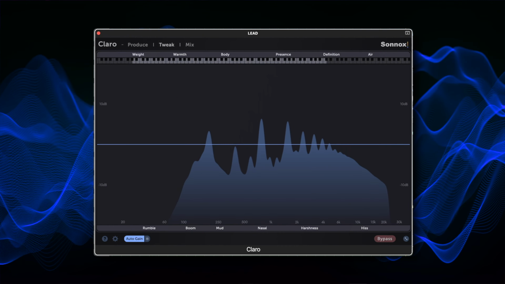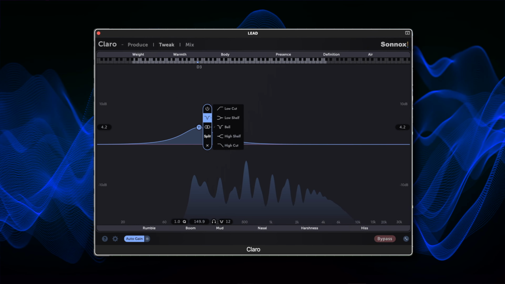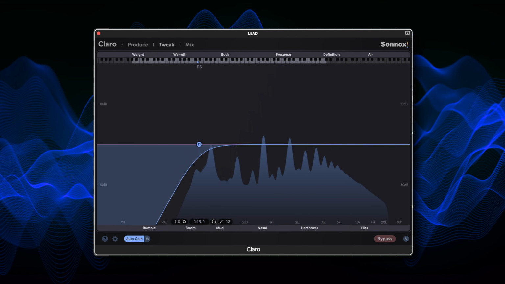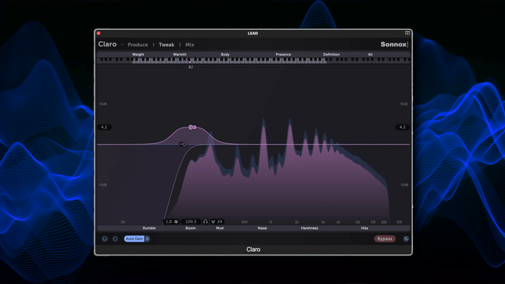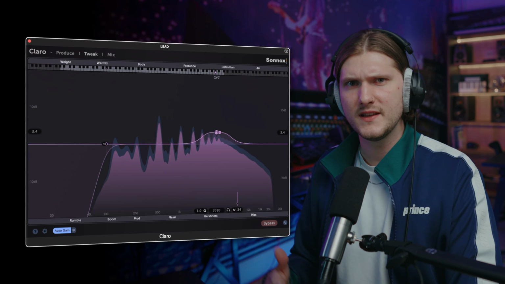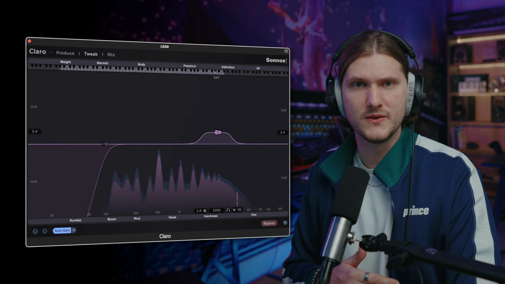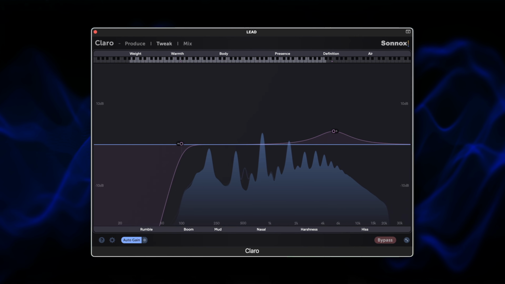The tweak view then lets you dive deeper with more advanced tools and visuals so you can fine-tune your mix. Let's jump into our session. So here's the tweak view. It's got a spectrum analyzer, different filter shapes, mid-side processing, band splitting. Everything you would expect to find in a modern EQ is here, but Claro does have some unique tools to